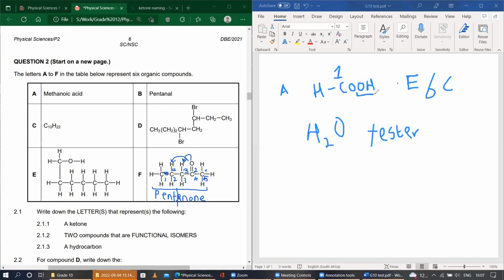This OH is going to be eliminated alongside this H to form our water. So what you're going to have left now is